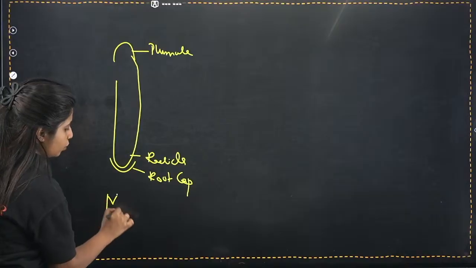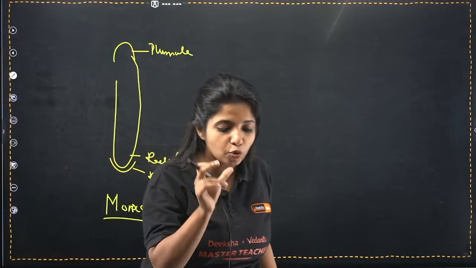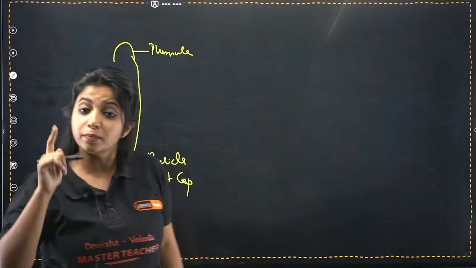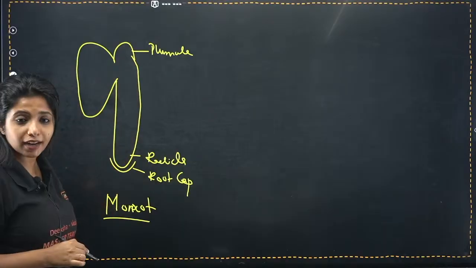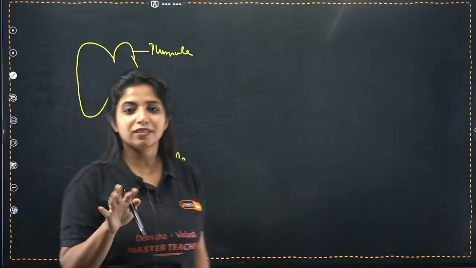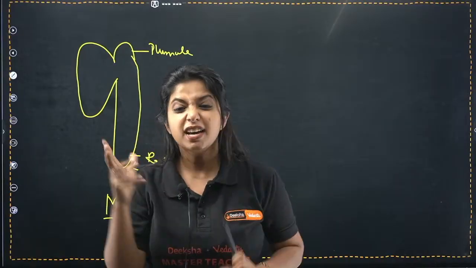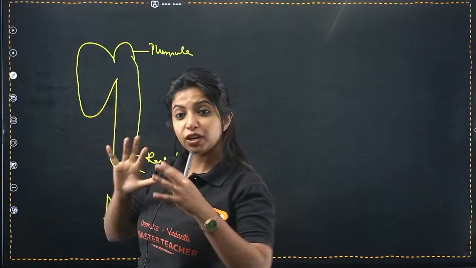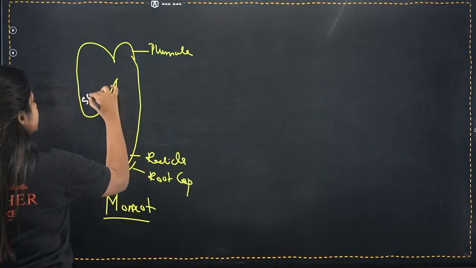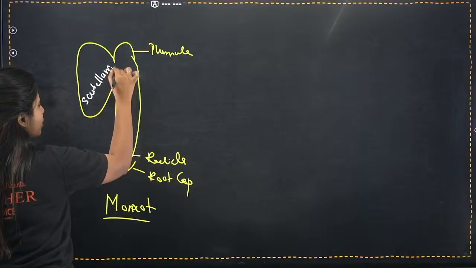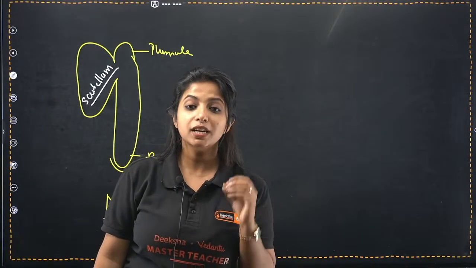Because I am making a monocot. And monocot means what? Monocot means they just have one cotyledon. Mono means one. So monocotyledon means they have one cotyledon, and the cotyledon goes like this. They do not have two cotyledons out there. Do you have a name for this cotyledon? Whenever you do not have so many things, you just have one thing, we take care of it very nicely, right? Similarly, here also this cotyledon has been taken care of very nicely. That's why we gave it a name also. It has a separate name. It is known as scutellum. Scutellum is the only cotyledon that you have in monocots.